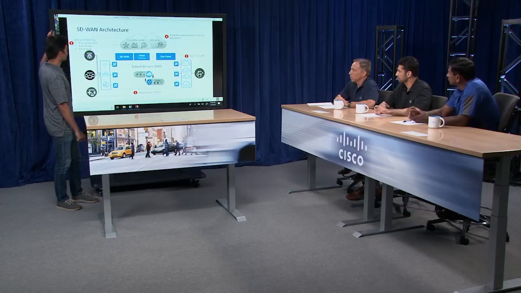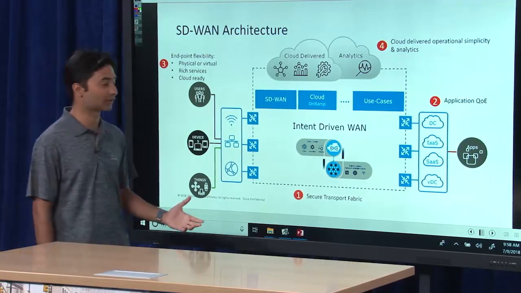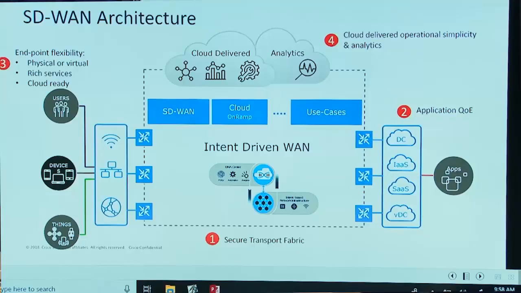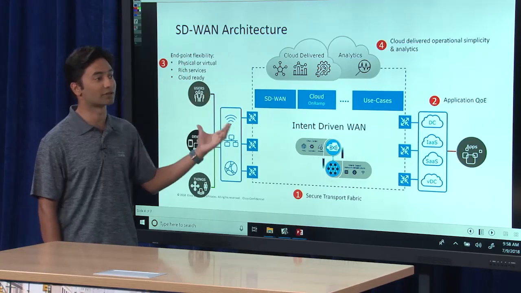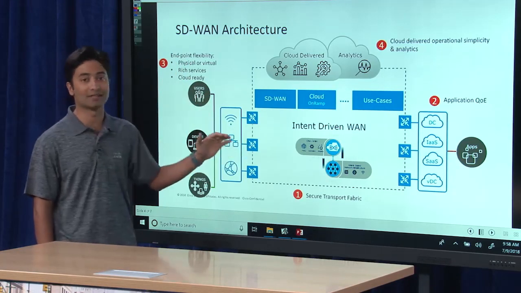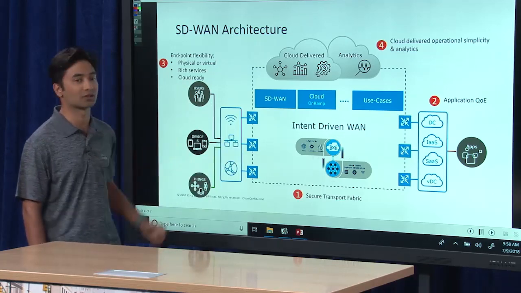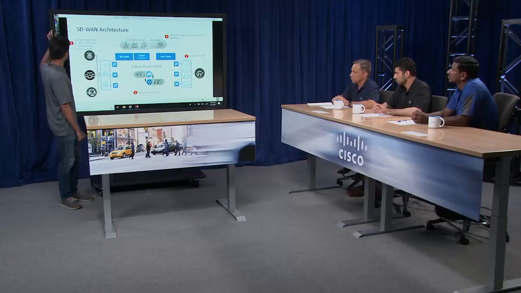Yes, if you look at a traditional legacy network architecture, we're really ending at that secure transport fabric, right? The WAN is usually a blind spot in traditional WAN networking, and so we really expanded quite a bit of capabilities with SD-WAN. Absolutely. In most classical networking cases, this is where you would stop. You would have that point-to-point IPsec connection, and that would be it. You might run some probes on it or not, but that was where your boundary lay. Yep. With software-defined networking, you're taking the knowledge that we've built over the years and building in those capabilities native to the solution to give you these additional capabilities.